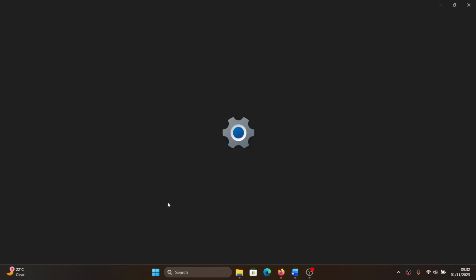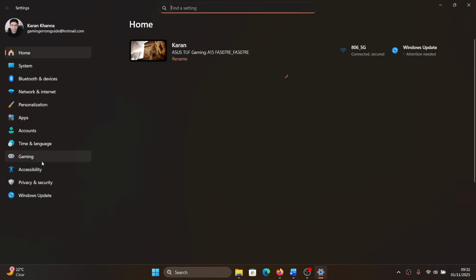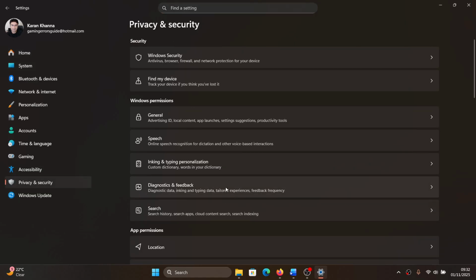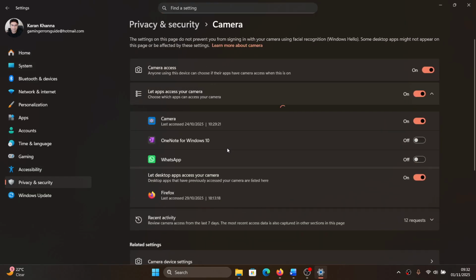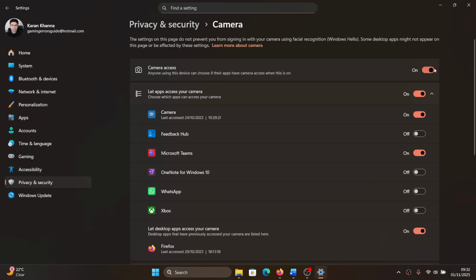Right click on the Start button and select Settings from the menu. Go to the Privacy and Security tab on the list on the left hand side and select Camera in the right pane. You'll find the Camera Access button here. Make sure that it's turned on, and it should also be turned on for the application on which you're trying